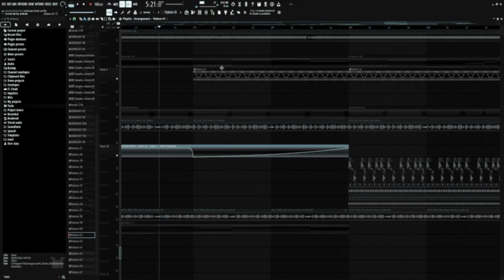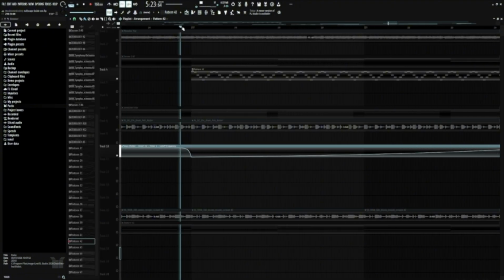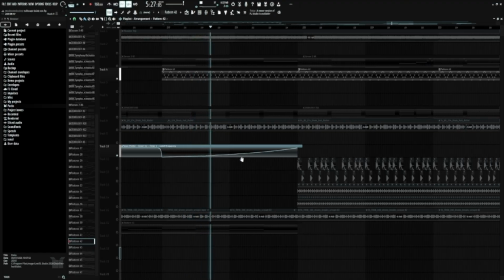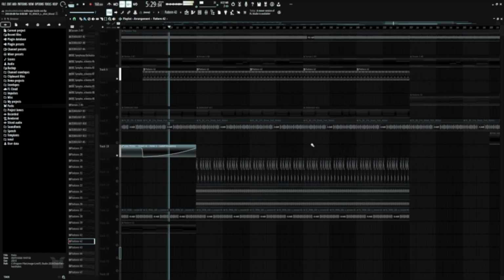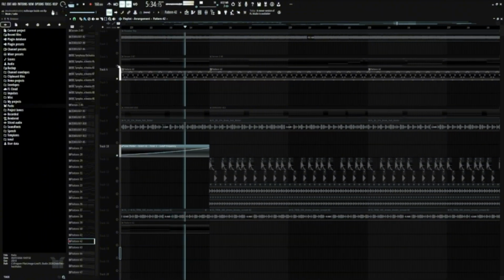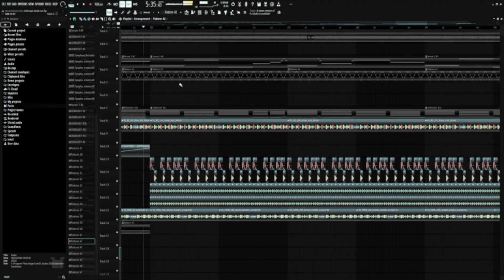The synth arp, the arpeggiator, also just comes back in here, although it fades in with a filter, because I thought it might be a nice way to introduce the drums yet again. And then, boom. Does this again.